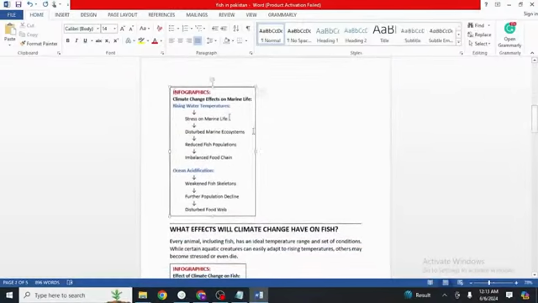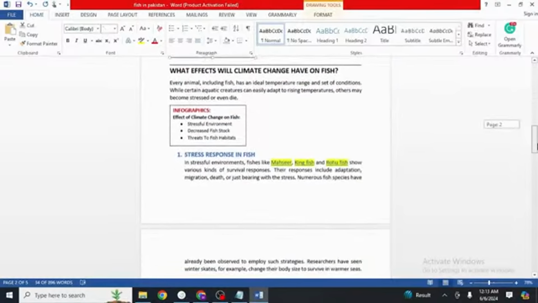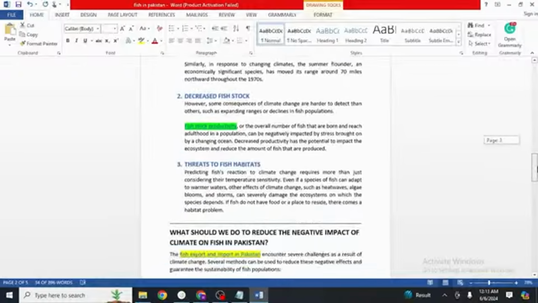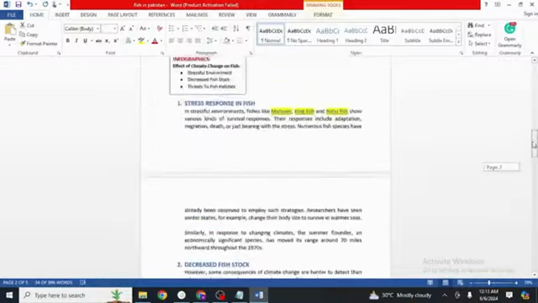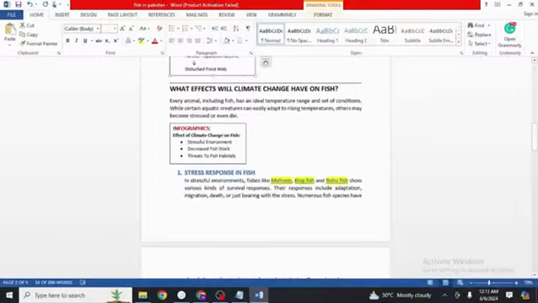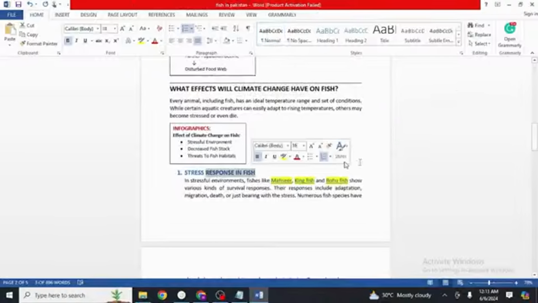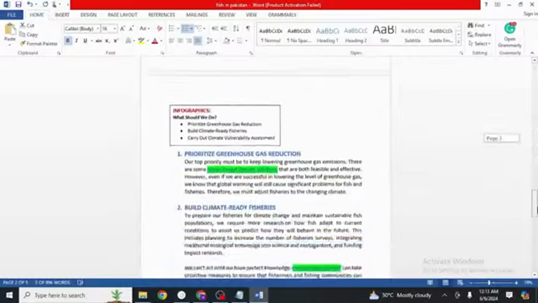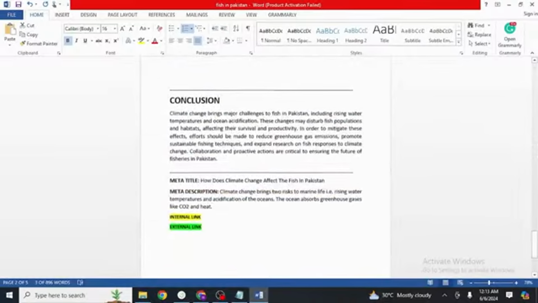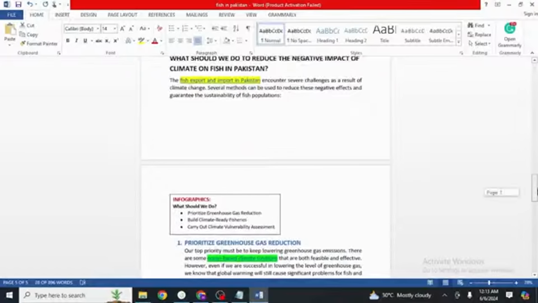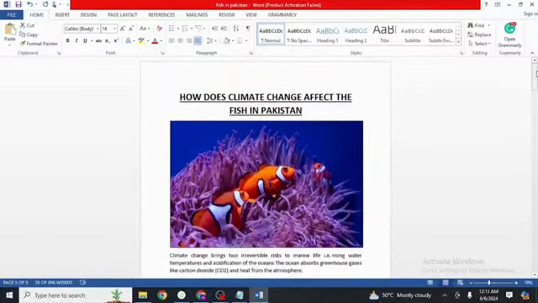We try to add infographics, and then we add cards. We add an H1 title, this is H2, and then we add H3, internal linking, external linking, keywords, and a conclusion. Then we have the meta title, then the meta description, and then you can make good content overall.